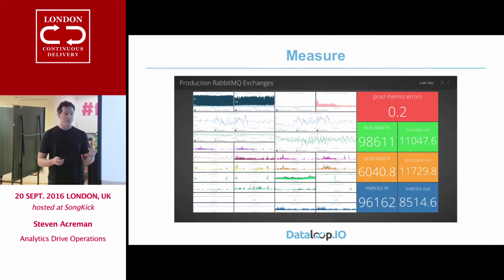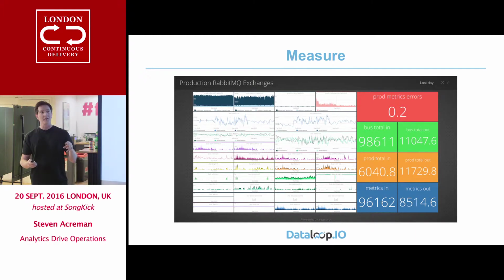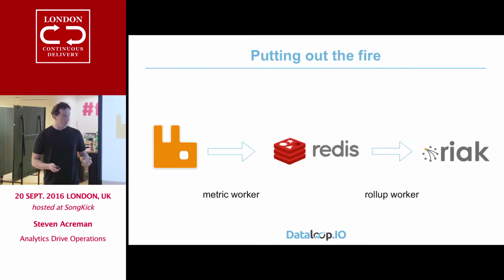We've got hundreds of queues, and we thought we could probably live just by working out the number of messages on the queue and the rate, and that would give us an indication of what was going on with the app. Yeah, that didn't work very well. So we did what every person does in this situation. We threw Redis in the middle.